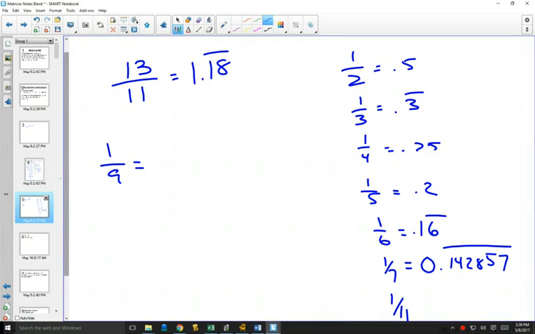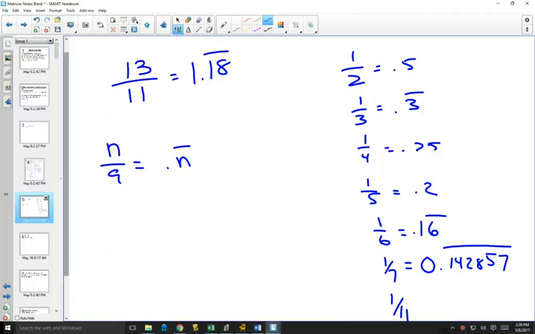Do you know what 1/9 is repeated? Do you know what anything over 9 is repeated? As long as that's actually a fraction, we're not going to do 2,000 over 9. Like point n repeated, right? 1/9 is 0.1 repeated. 2/9, 0.2 repeated. 3/9, same as 1/3, 0.3 repeated. The same thing happens nicely with 99, 999, 9,999,